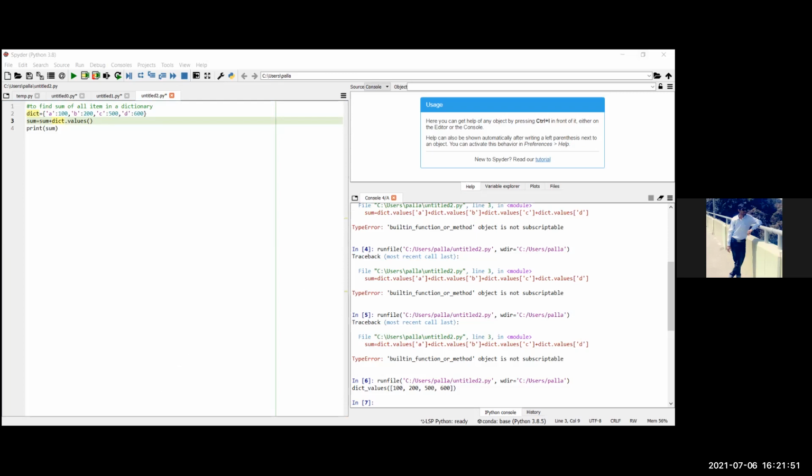Pallavi, you can copy the code of Afrin or of Nishu, anything. Nishu, you have written s equal to dict dot values, and then Pallavi prints the sum s.